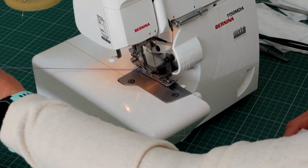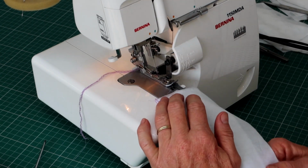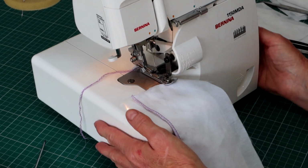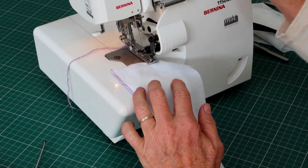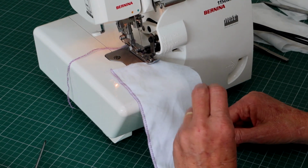Okay, welcome back everybody, magic, it's all threaded. And I know if you're battling to thread, Elsabe is always there to help you. So that's always good to know. To get your machine to do a roll hem, which is just a little technique that we're going to show you today,